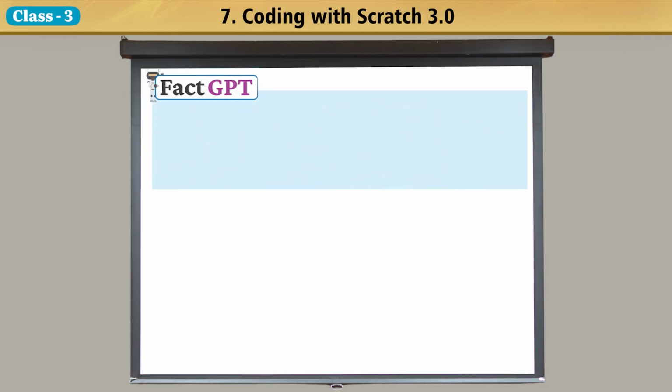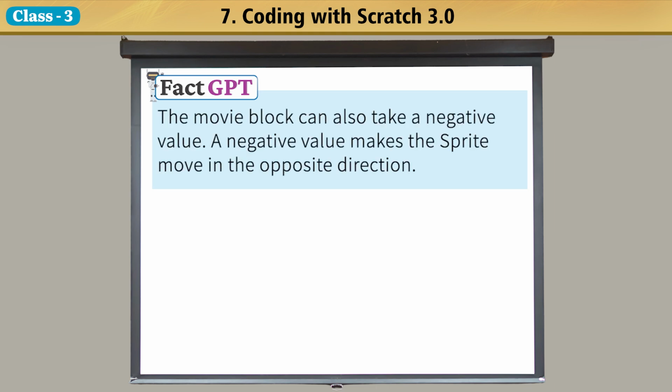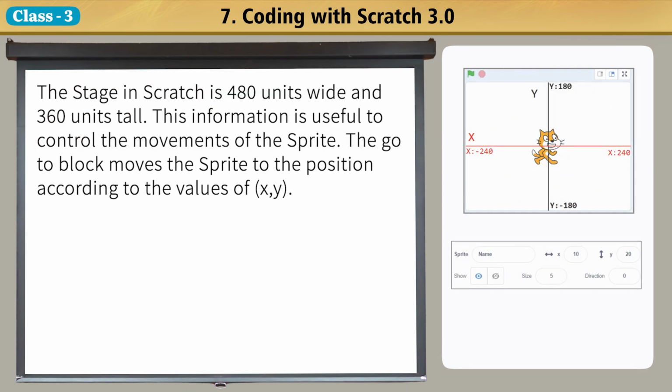Fact GPT. The move block can also take a negative value. A negative value makes the sprite move in the opposite direction. The stage in Scratch is 480 units wide and 360 units tall. This information is useful to control the movements of the sprite.